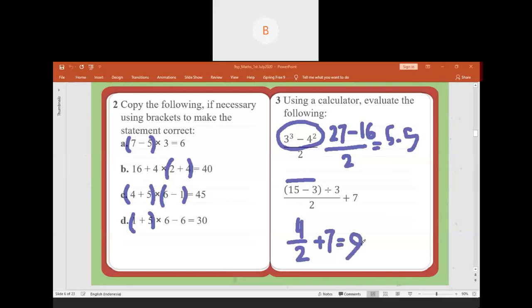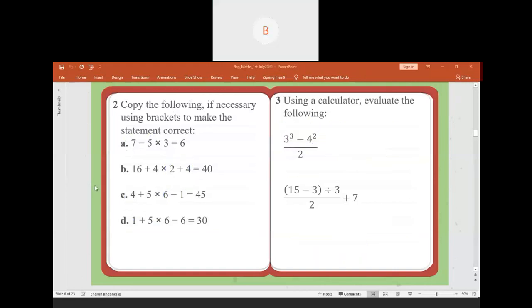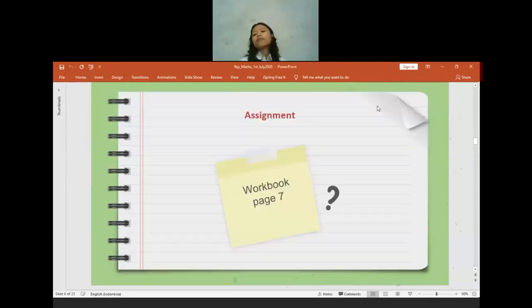No. Okay, if no one is confused, let us. Is there anyone who has difficulties? No. Okay. If you have no difficulties, I think that's all, it's the end of chapter 3. I'll give you homework from the workbook for chapter 3. Just do the assignment on page 7 of your workbook. It's not many questions, maybe only 1 or 2. Okay. If you have no difficulties, I'll move to chapter 4.